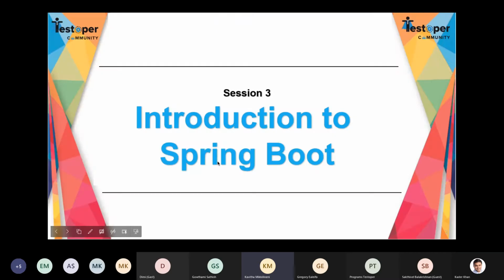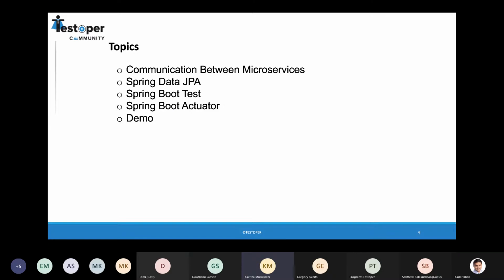Yeah. So we're continuing with the Spring Boot microservice coding part. Last week, we covered how to build a microservice using an IDE. We've used STS as the IDE. How to configure and set up and test using the Swagger or the Postman.